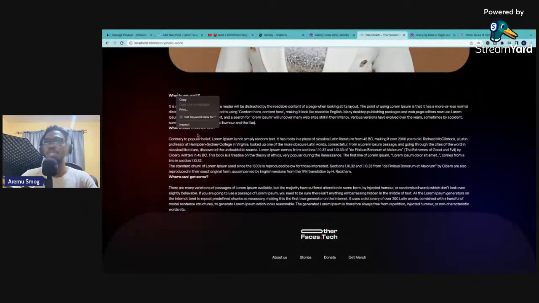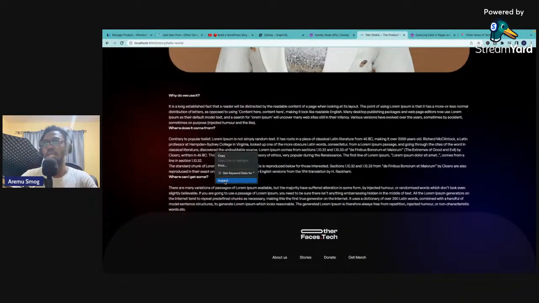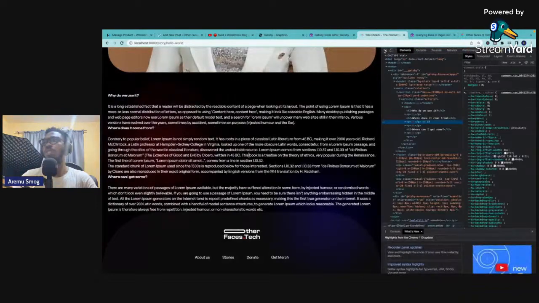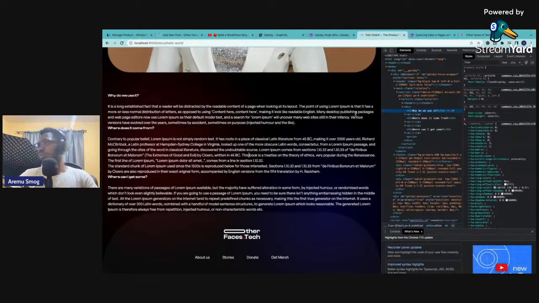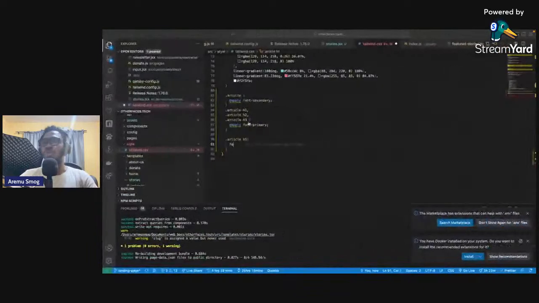Of course, I can then begin to style the h1, dot article h1, and say this guy. I need to inspect what these headings are. So if I come over here and I inspect, I need to inspect what these headings are. So this is an h2, right? So I may not even need an h1 per se, right? So I can come over here and say dot h2, right? And just say at apply